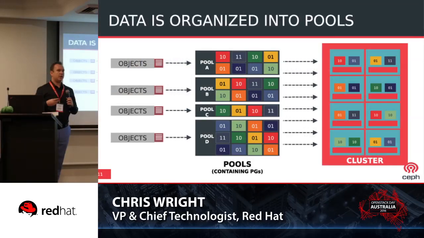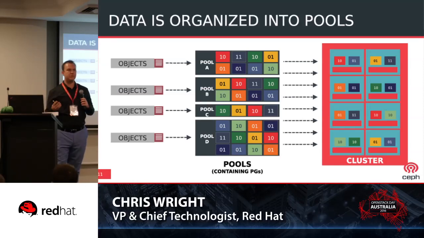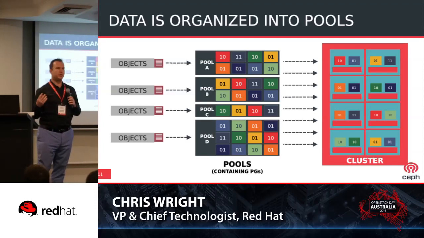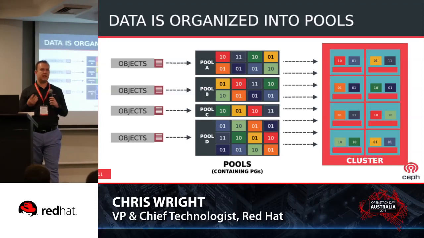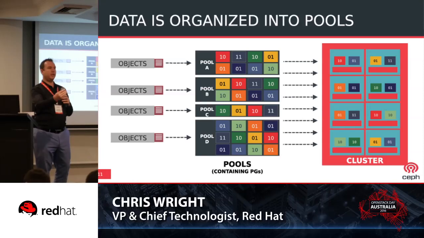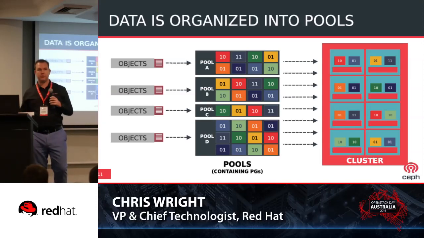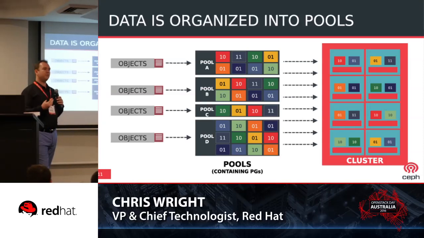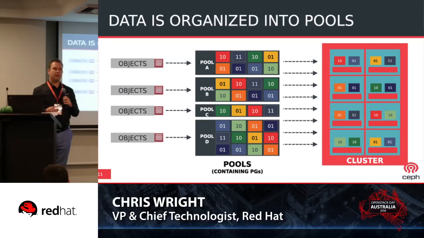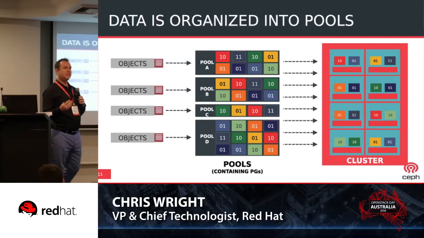So Ceph is organised into pools. You might think of that as LUNs or volumes, depending on your background. But a pool is a description of what sort of resilience my data needs. So it might be replica 3, it might be erasure coded, it might be no replication, it might be a replicated cache tier in front of an erasure coded tier. So there's lots of different ways that you can describe and deliver storage based on the actual needs of your application, so that you can give your environment exactly what it needs.